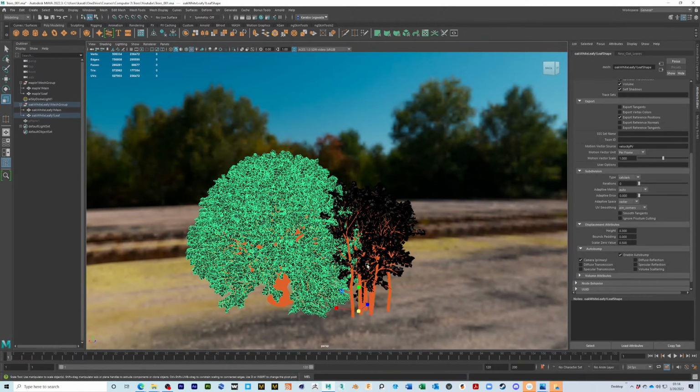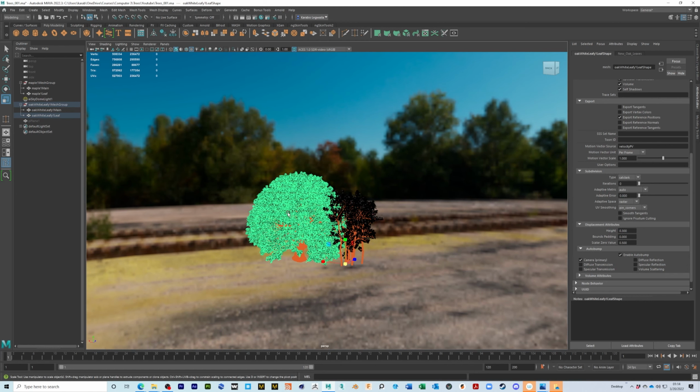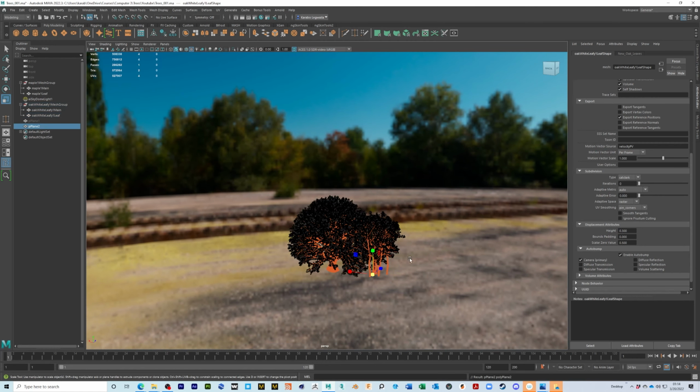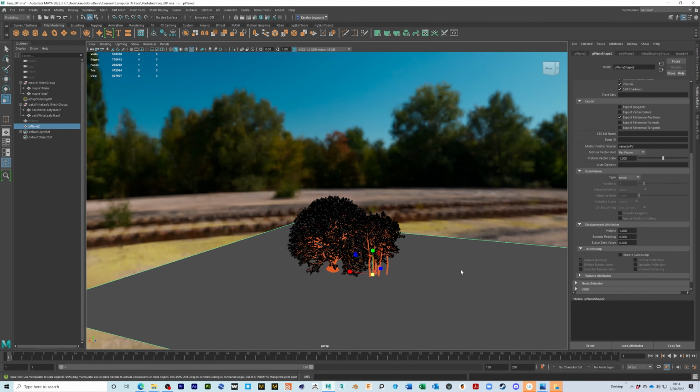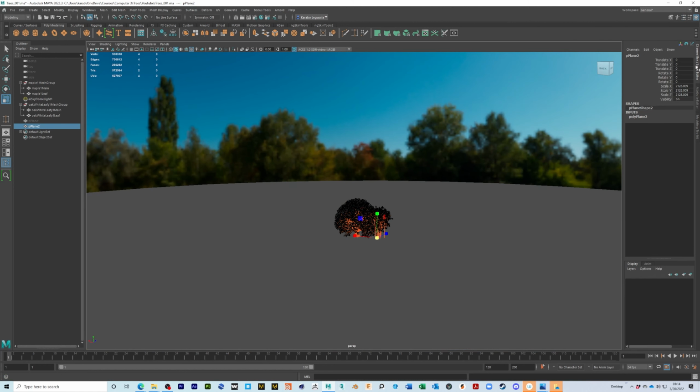So the last thing we're going to do is distribute these leaves over terrain just to show you how to cover a large area. Now I've just got two variations of trees. You can have as many as you want, but in this case we'll just use two. So let's make a plane, make it real big, go in the channel box, set this to, I don't know,